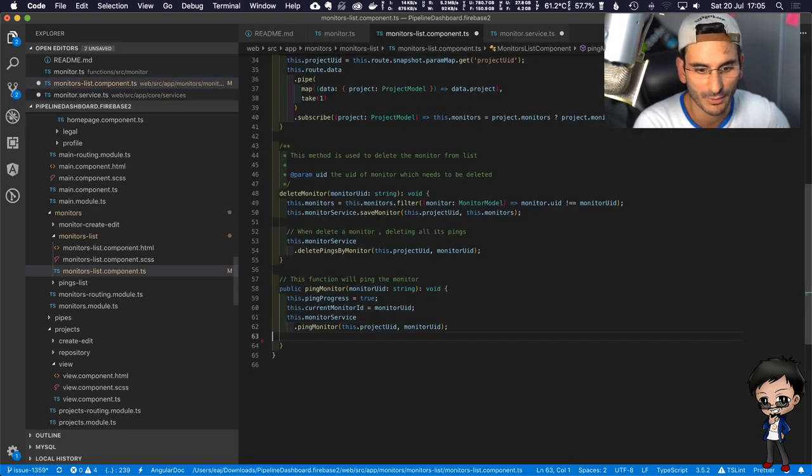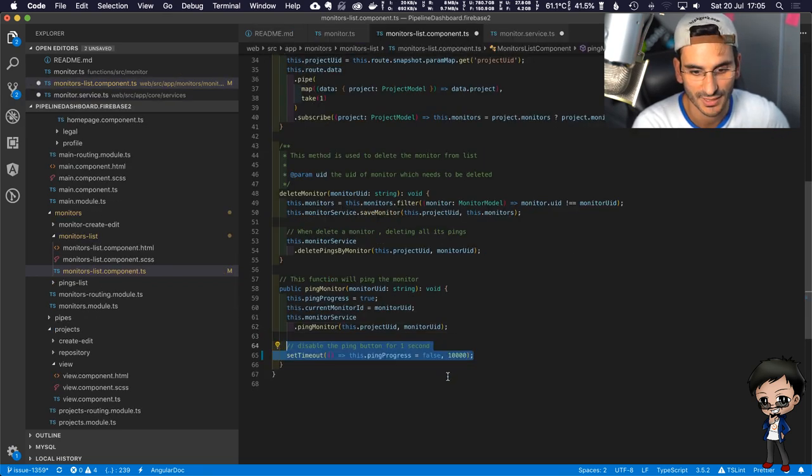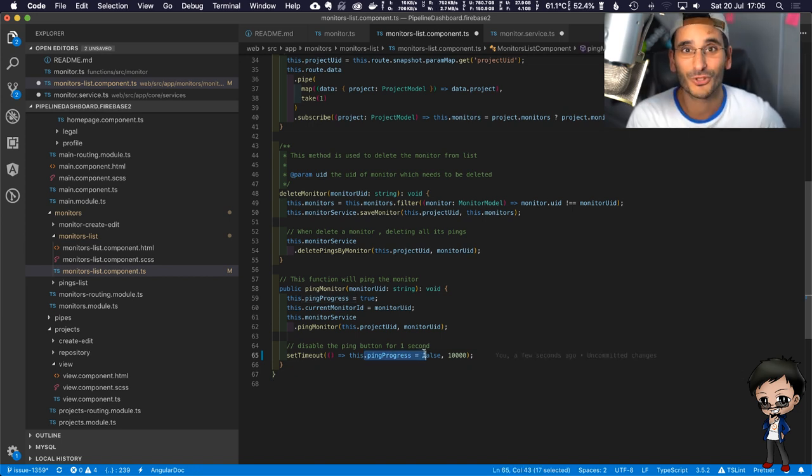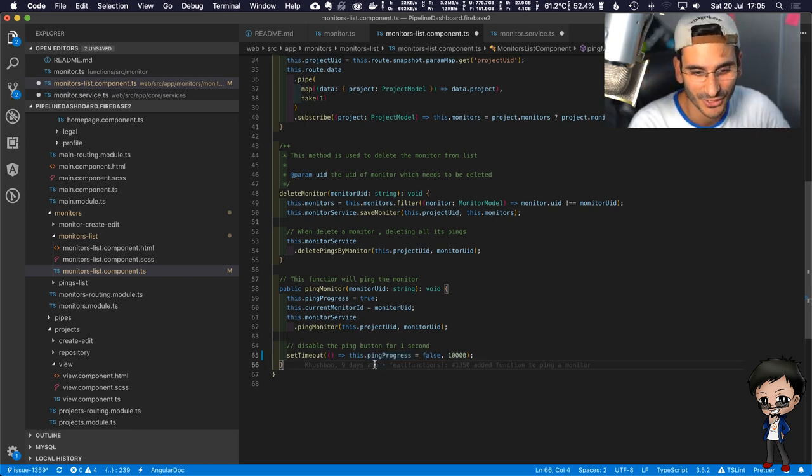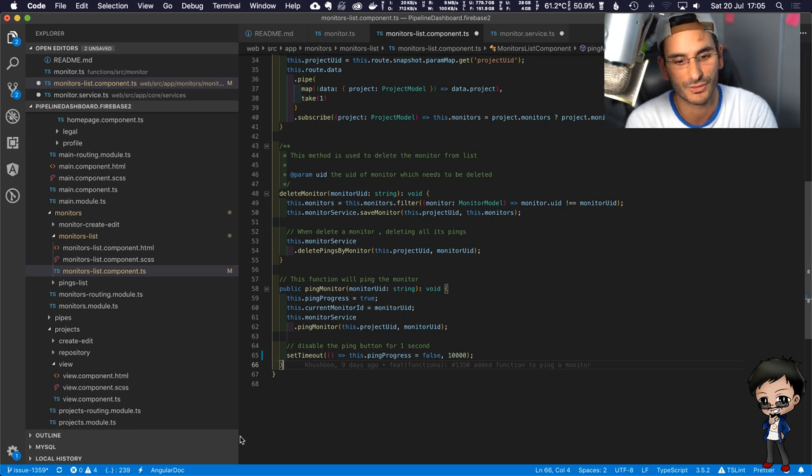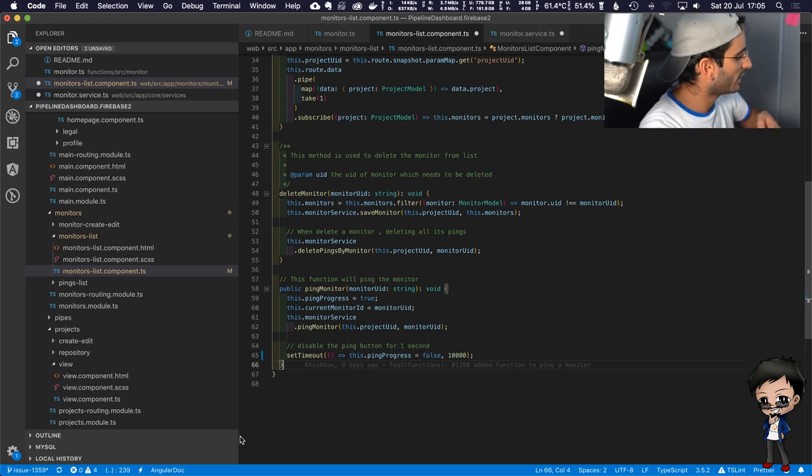Let me put back what it was, just so we can see it as well. So what we say is ping in progress, and see, we all struggle. Like I said, 15 years, still struggling, but that's part of the fun. But I need to fix this soon, otherwise I'm going to be here all night. As we move along between pages, it resets itself, and that's normal because the component will get destroyed and rebuilt. So what we need to do is move it into the service.